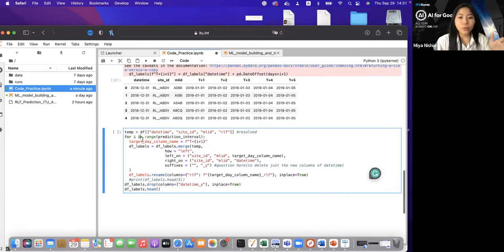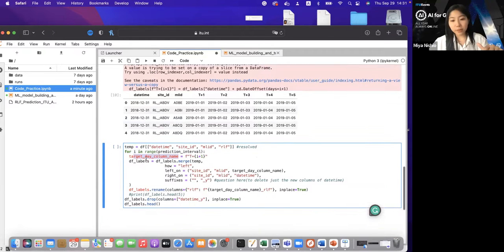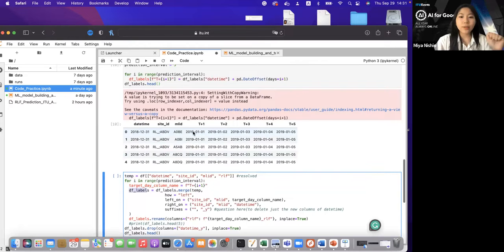The target columns are t plus 1, t plus 2, t plus 3, t plus 4, and t plus 5. Then we're going to use merge to merge the two data sets together, temp and df labels. What this does is take the radio link failure of each of these dates and create a new column on the side showing the values there.